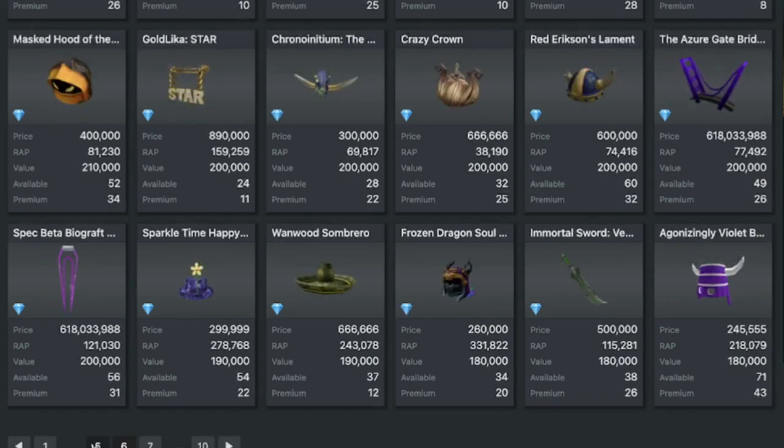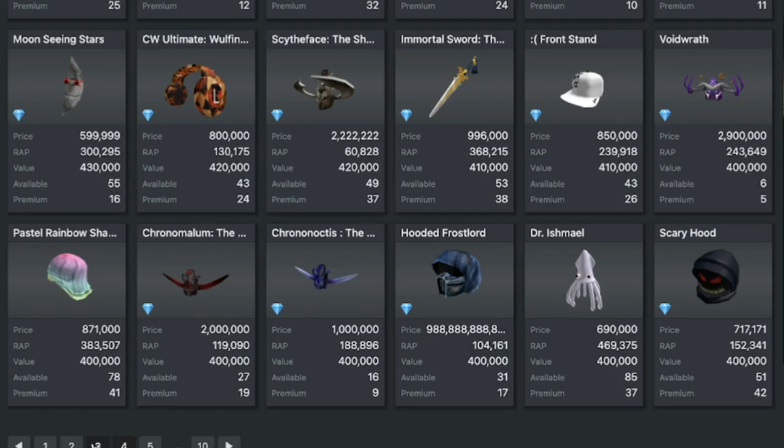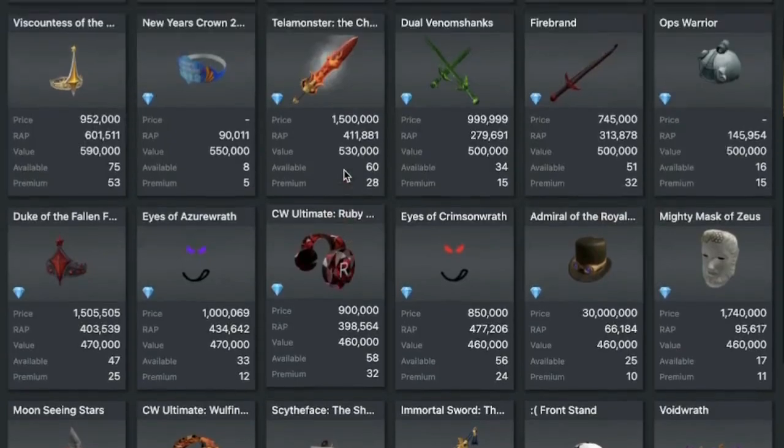And you might continue on, you might see some outrageous rare items such as this right here, Scythe Face, the sharpest one. This item is valued at 420,000 Robux, yet it only has a wrap of 60,000. Now, the reason for this is, quite simply, it is a rare. It does not have many copies, and so as a result, people don't really sell it. And so as you can see, it almost never sells, except this item, since it's so rare, people overpay a lot for it and it becomes super expensive as a result,